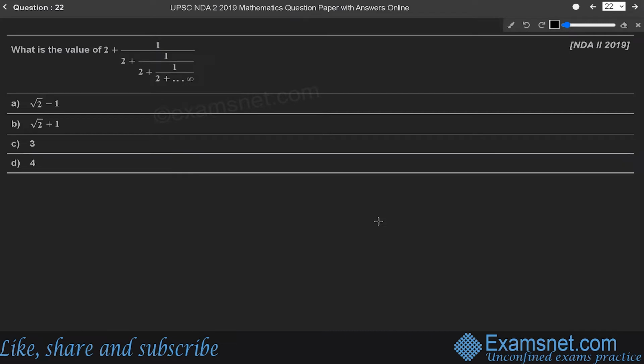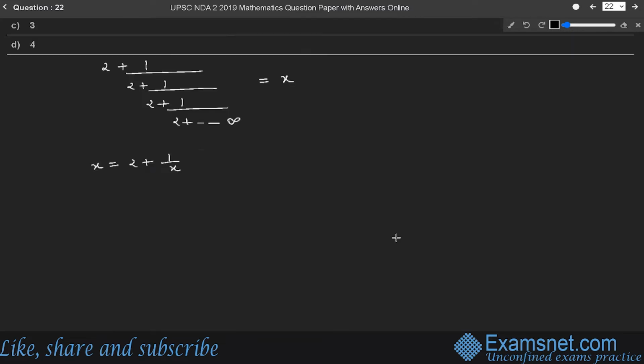Next question is, what is the value of 2 plus 1 upon 2 plus 1 upon 2 plus 1 upon 2 plus and so on up to infinity? So here, let this value be equal to x. Then x will be equal to 2 plus 1 upon x. So we can say that